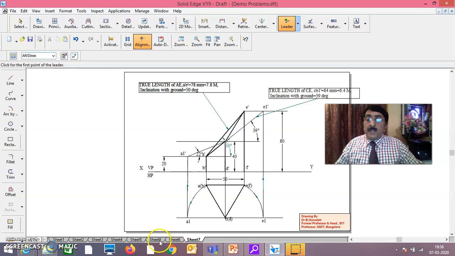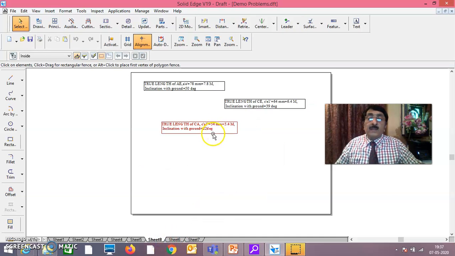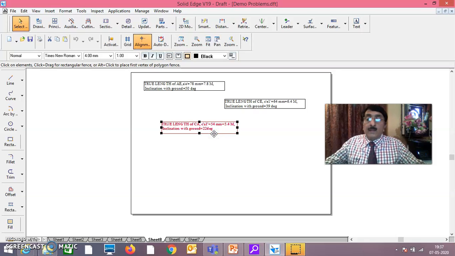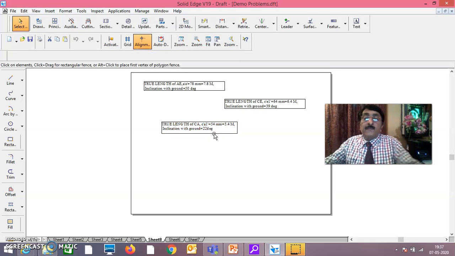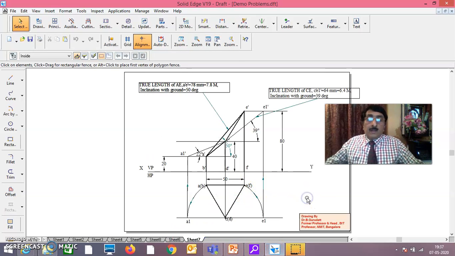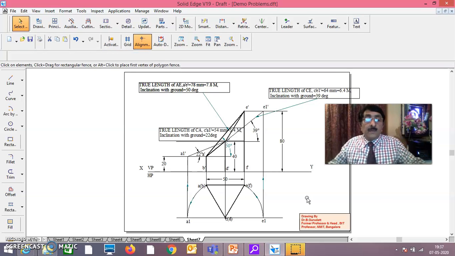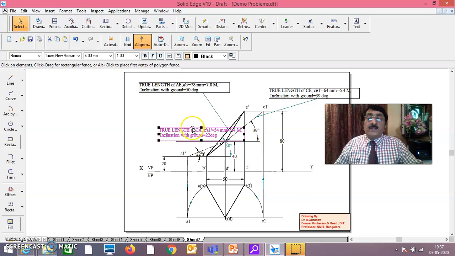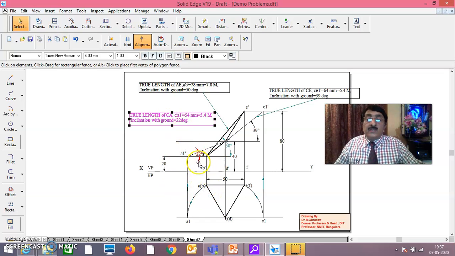In the same way, true length of CA, as you know, is 22 degrees, that is the angle with the ground, and it measures 54 mm.